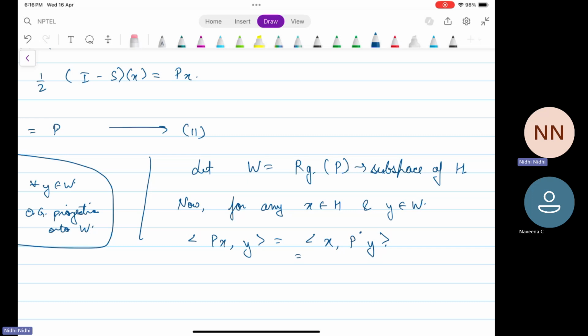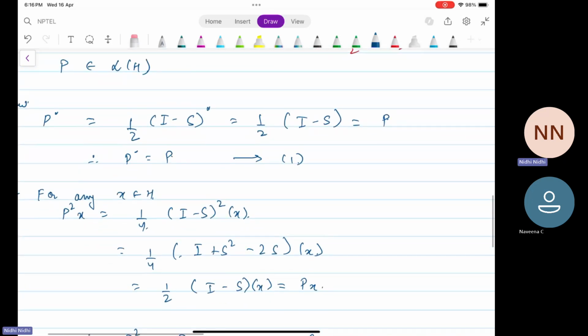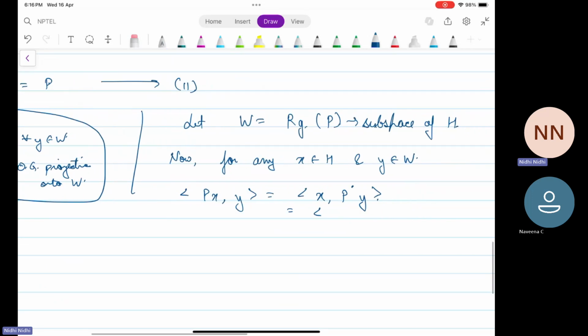This is equal to, now since we have seen that P star is equal to P, this is equal to X Py. This is by equation first,